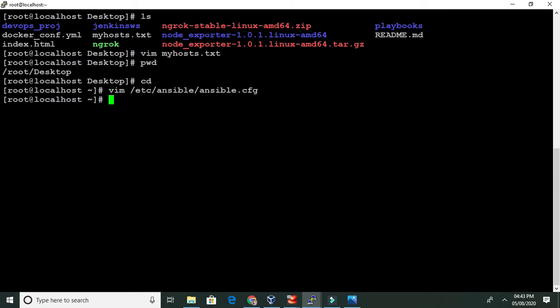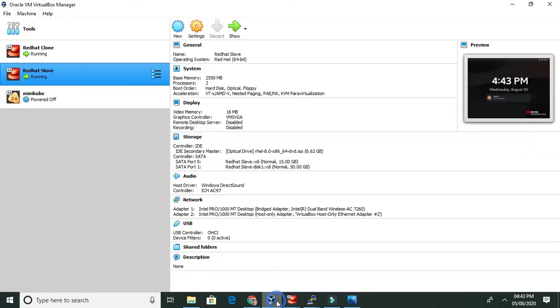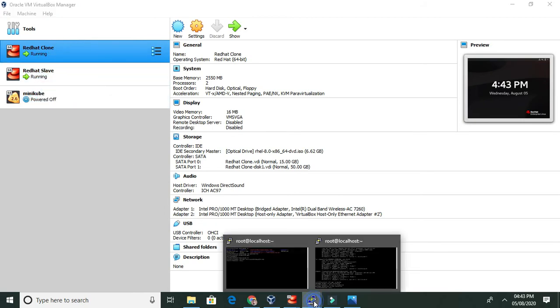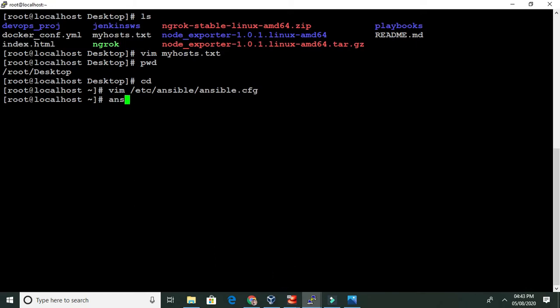Now let's ping this managed node. We are in the Red Hat clone, so we are pinging this slave node. So let's ping. Ansible managed node 1 --list-hosts.